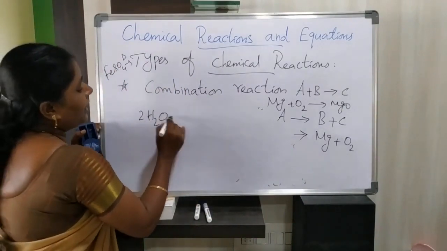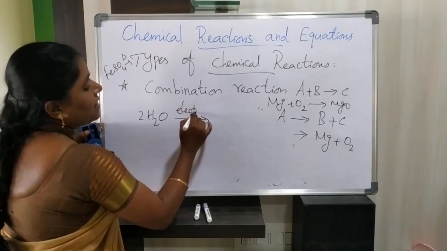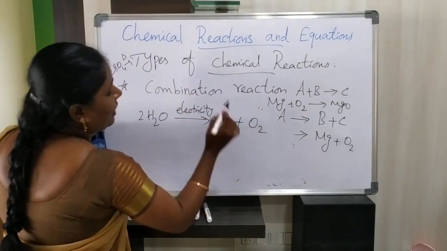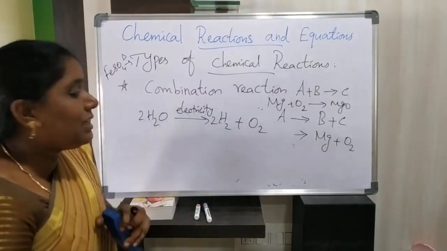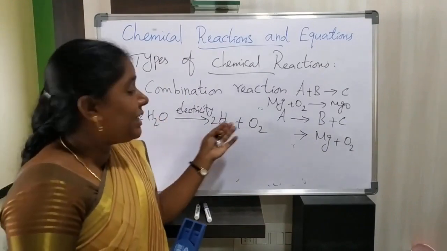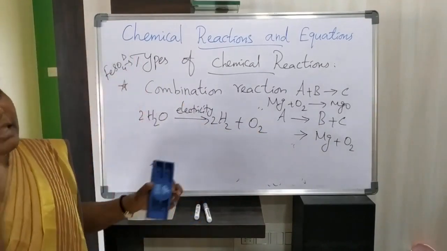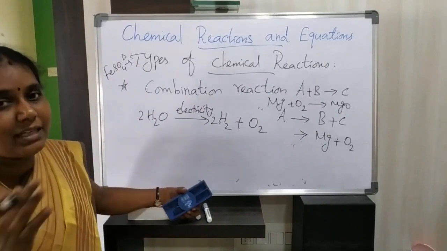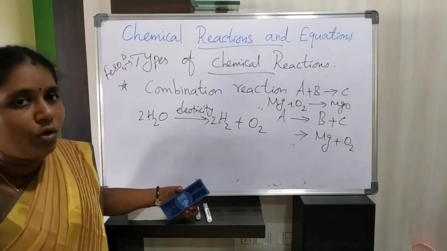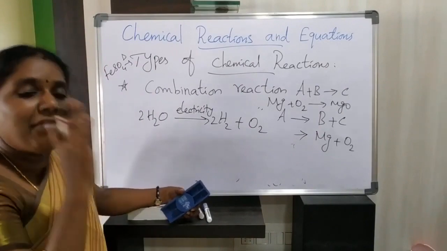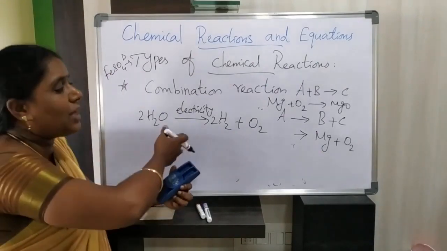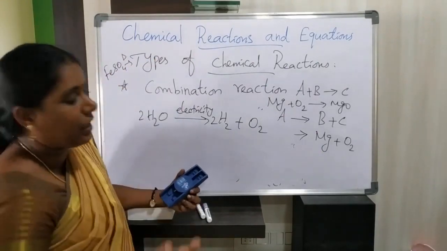See, on water in presence of electricity, it produces hydrogen and oxygen, isn't it? In this reaction, which gas will you collect double the amount? Hydrogen, because in water the ratio of hydrogen and oxygen is 2:1. So 2 parts of hydrogen and 1 part of oxygen, so we are collecting double the amount of hydrogen compared to oxygen. Okay, so this is also one of the examples for electrolytic decomposition or electrolysis.